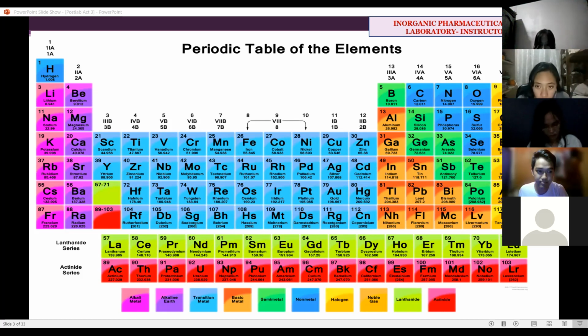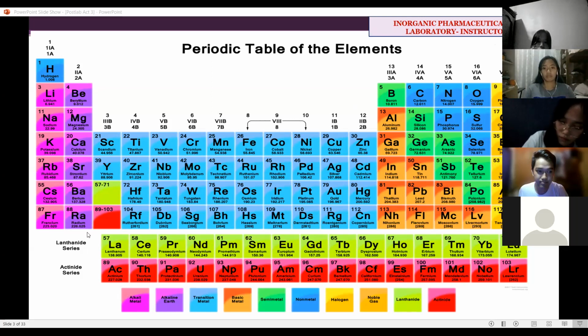It's just that the 7A is specifically called halogens, and the group 8A are called noble gases. But then again, they are also non-metals. So the only non-metals that we have are here, starting from carbon, going to phosphorus, selenium, and all the 7A and 8A members, including the oxygen and sulfur and the halogens. Maulang na class atong mga non-metals. The rest are metals, and we have 1, 2, 3, 4, 5, 6, 7 semi-metals.